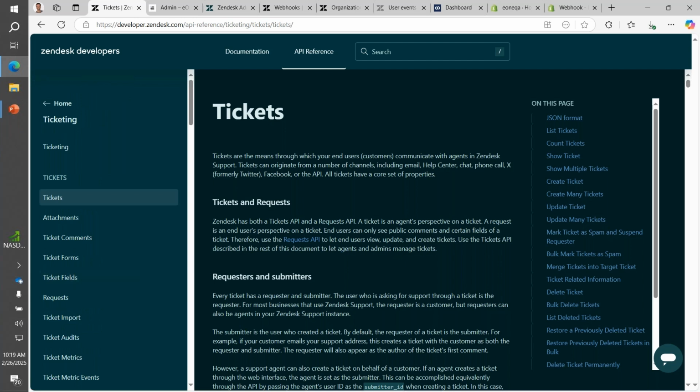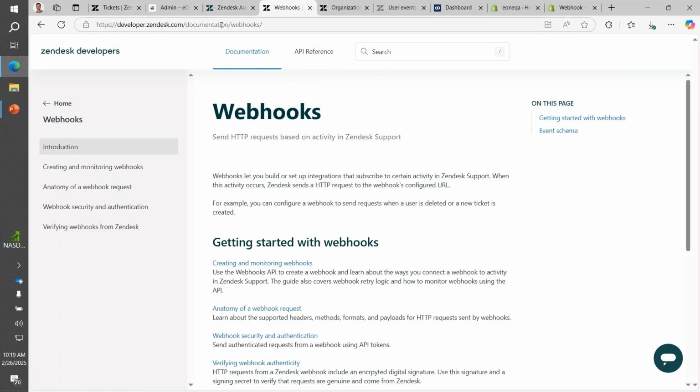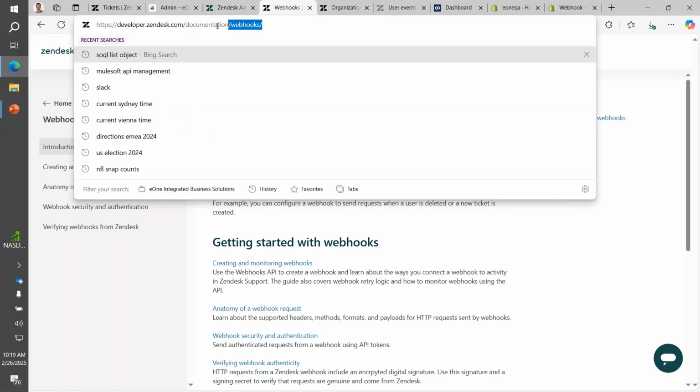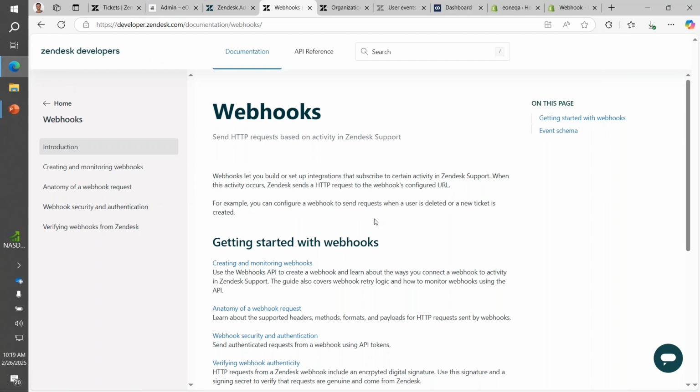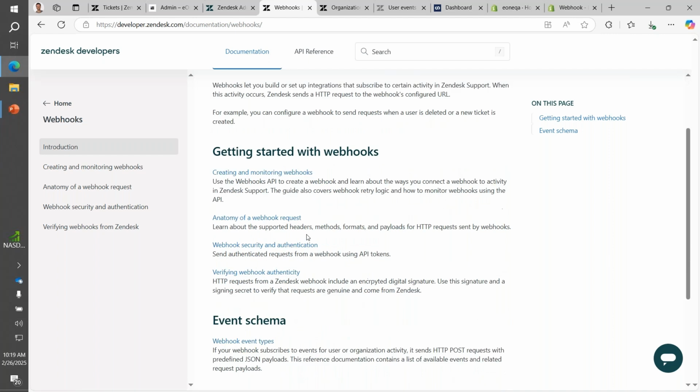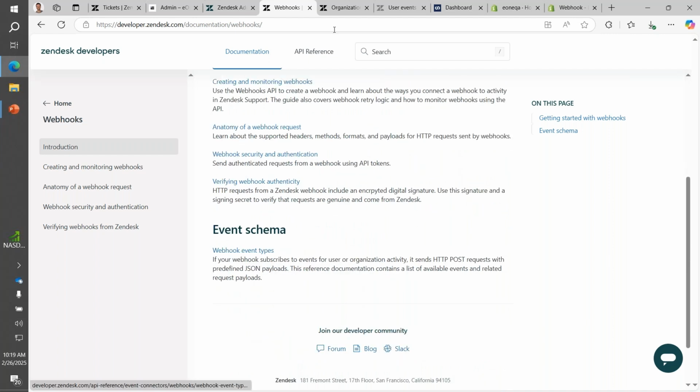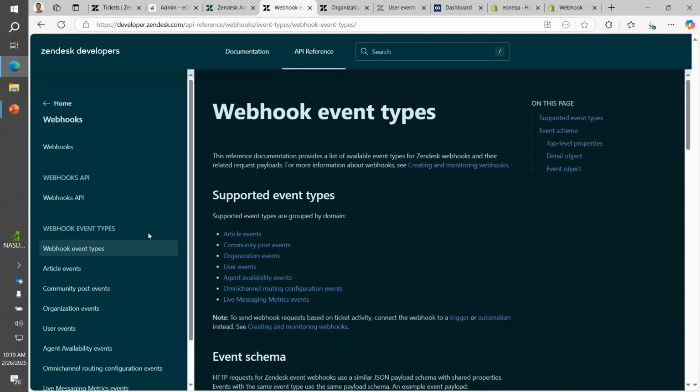So that's something I found a little annoying as I was prepping for this, but I decided to go ahead and list it here because it might be something that requires you to do a little bit more searching. So they've actually got a separate documentation portal just for webhooks in here that say, all right, here's how we get started. Here's how we can go ahead and subscribe to them and the different types that we'd be working with. So if you look at the webhook event types, this takes us into their API reference again, but the